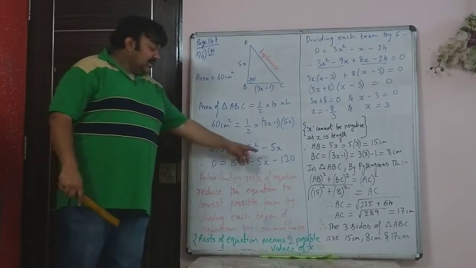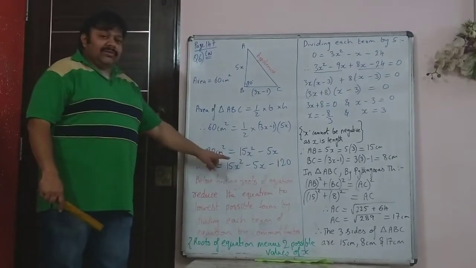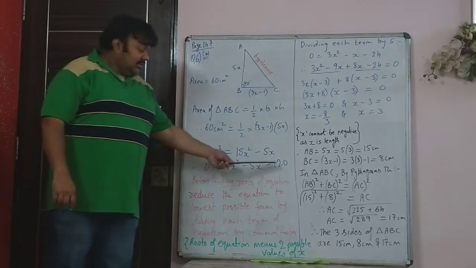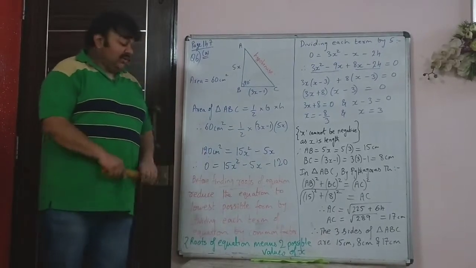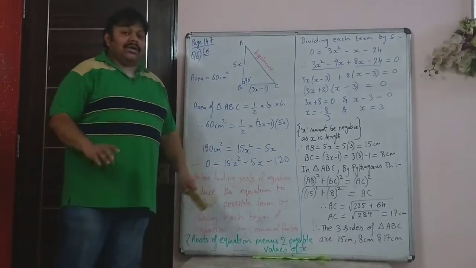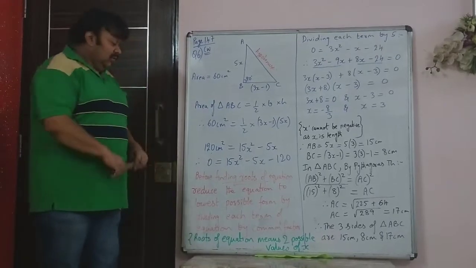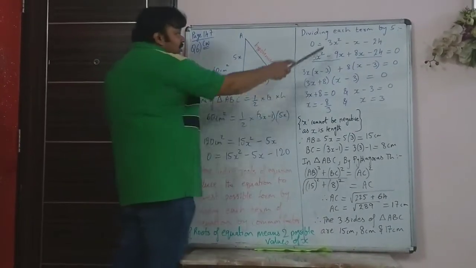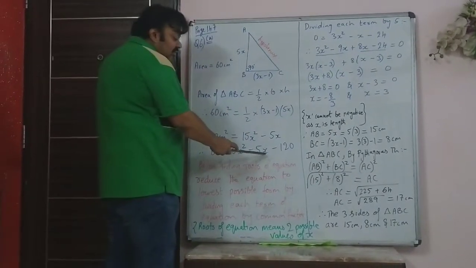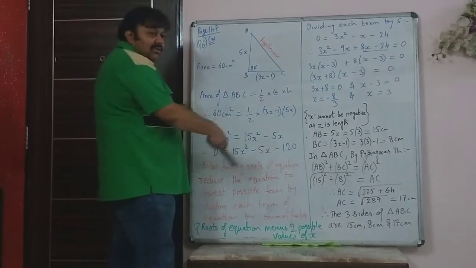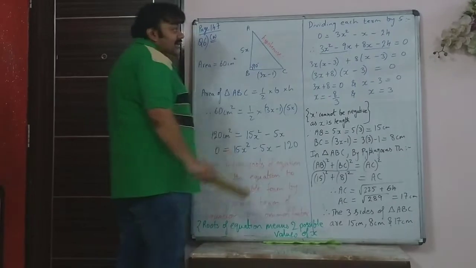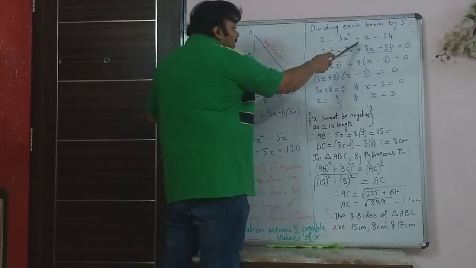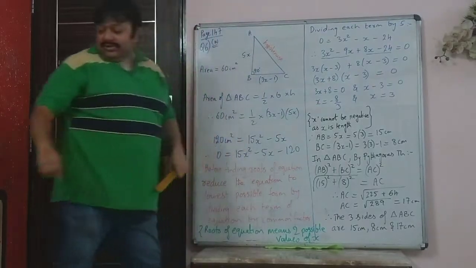So, in order to find this, when you do a sum, if you are asked to find the value of x, since all these three are divisible by 5, we divide the entire equation by 5 first. So the equation becomes 0 is equal to 3x squared minus 1x, because we are dividing each term by 5, minus 24. So now you have to split this middle term into two parts.